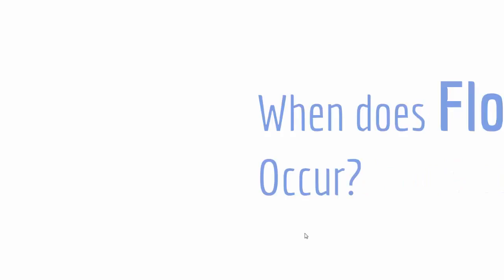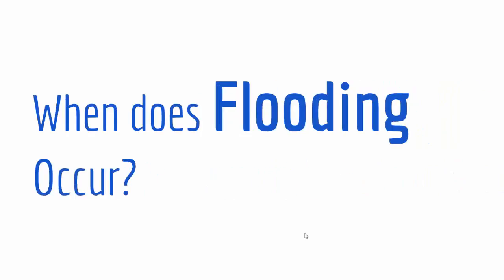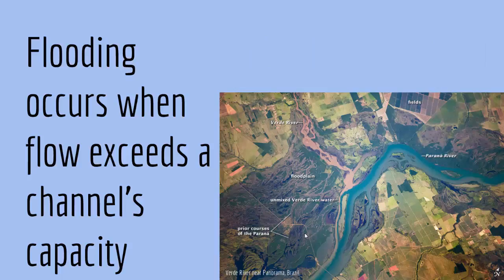So now we know what a flood and a floodplain are, but when does flooding occur? Well, floods occur when the flow of water exceeds a channel's capacity. When discharge becomes too high, it pushes the banks of the channels, most of the time overtopping them to flood the floodplains. So whenever the water that goes into a stream exceeds the channel's capacity, then